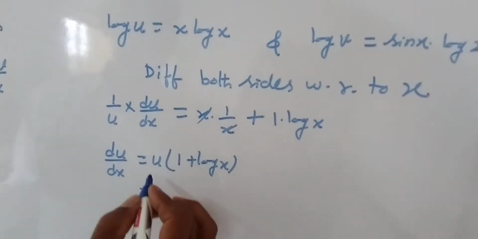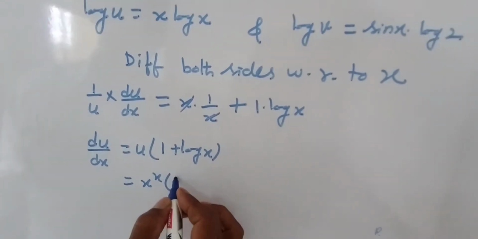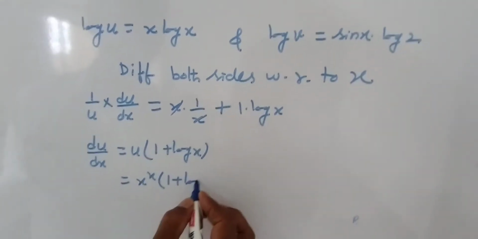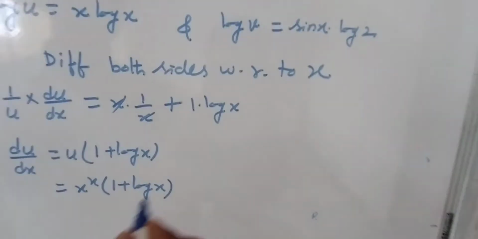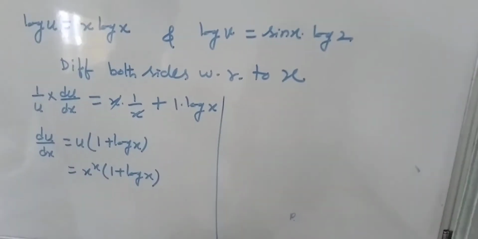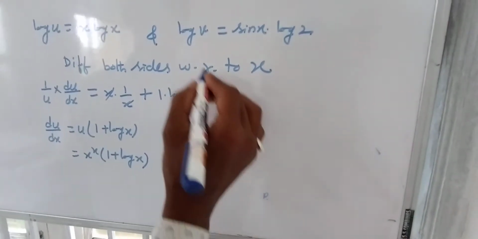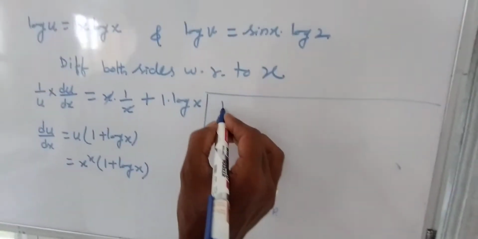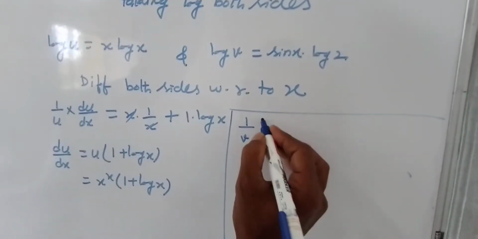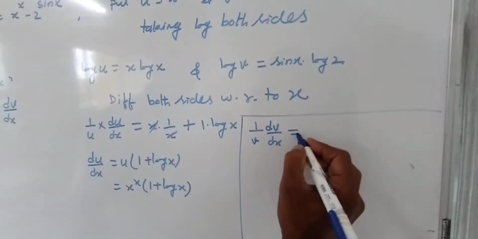Now we replace u, so x to the power x (1 plus log x). So this is du by dx. Similarly we will find dv by dx. So again differentiating the second function with respect to x, so 1 by v dv by dx is equal to, now again